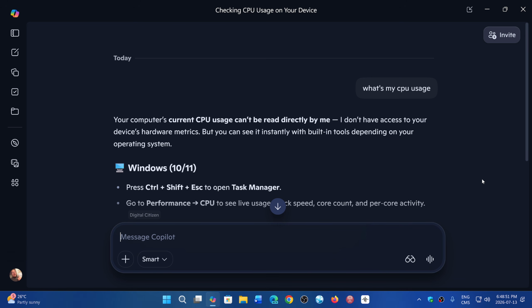You can ask it questions about what slows down my PC. What's my CPU usage? How much RAM memory am I using? What app uses the most RAM? And you'll be able to ask tons of questions about it. So basically, this would be a pretty interesting feature for Copilot because you'd be able to ask it all sorts of things. You can even ask it, is my antivirus working and so on.